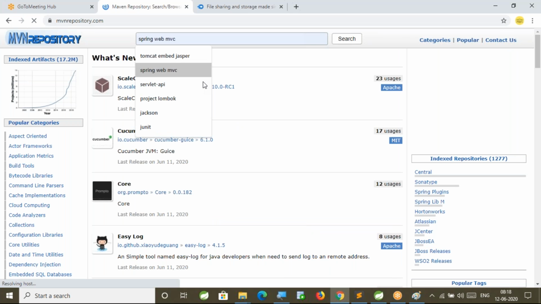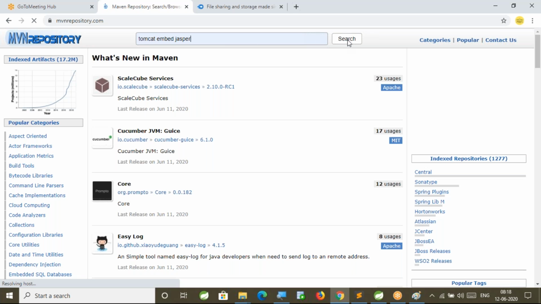There type Tomcat embed Jasper, click on search. It will provide you dependency details. Just we need to copy those details and paste into our pom.xml file. Give one moment, it is taking some time, net issue.